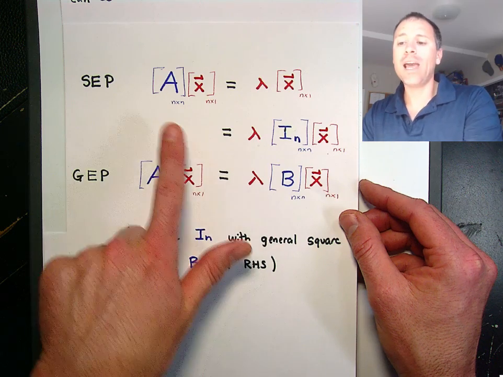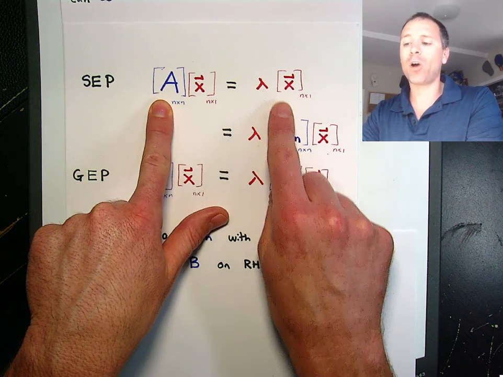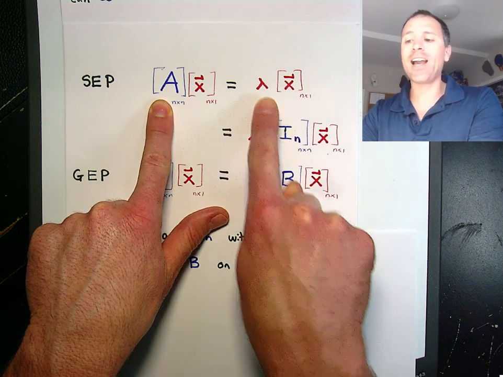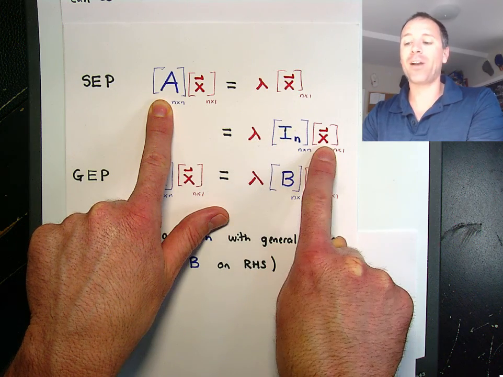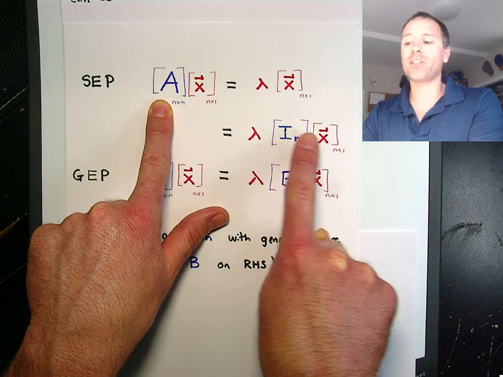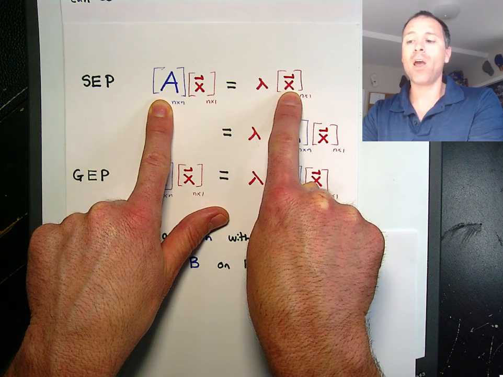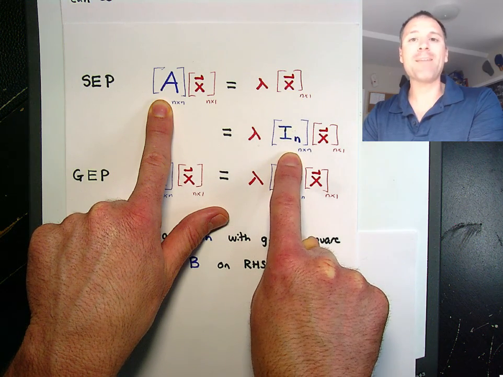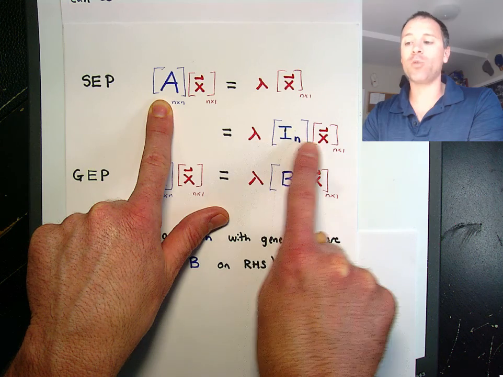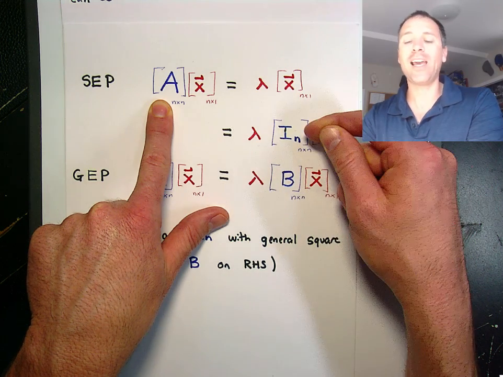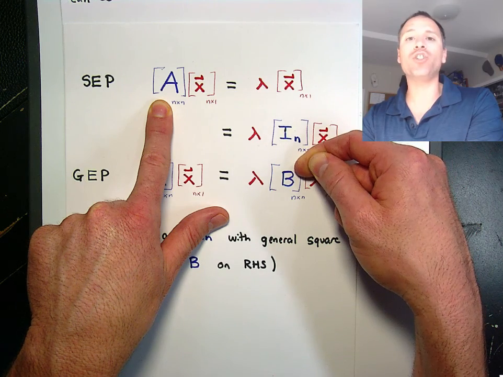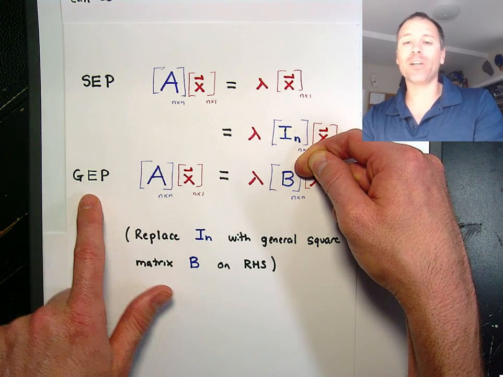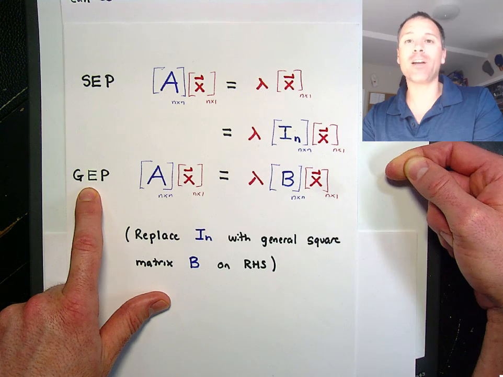And then two, if we look at how this standard eigenvalue problem works out, we see that we could actually put an identity matrix in between the scalar lambda and the vector x, because I know the identity matrix times x is just x itself. The moment that we do that, we drop an n by n identity matrix in between those. We might ask ourselves, hey, what if instead of the identity matrix, that was just any general n by n matrix? Well, that is the general eigenvalue problem.